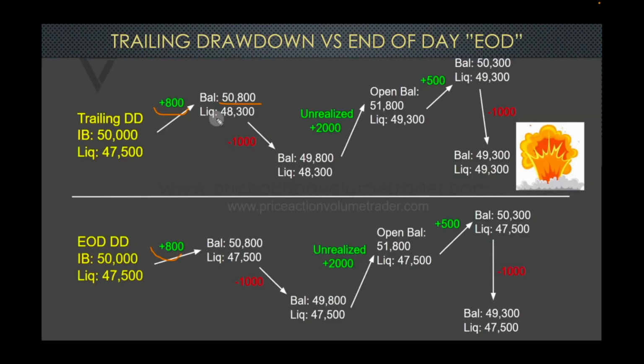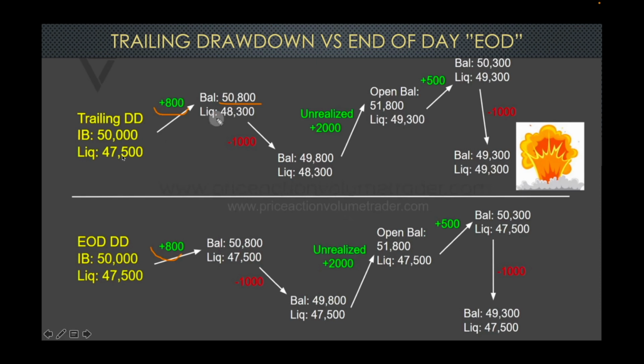So you hear 2 different types of drawdowns. You have a trailing drawdown, which Apex, one of the bigger firms out there, uses. I know it's the cheapest firm to get a contract with. They use a trailing drawdown. A lot of the other firms use what's called the end of day drawdown. So in comparison, and once we get towards the end of this, the numbers are screwed up. I pulled this from the internet. Very good visualization of 2 different ones.